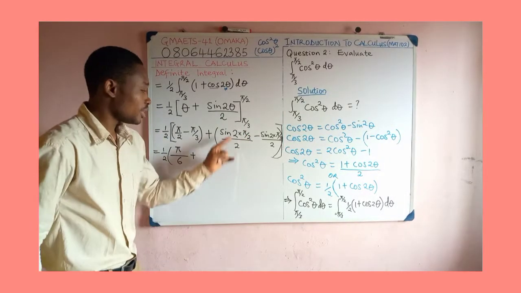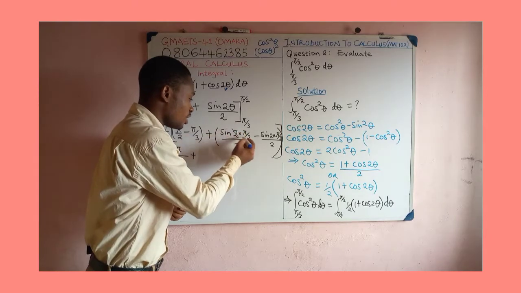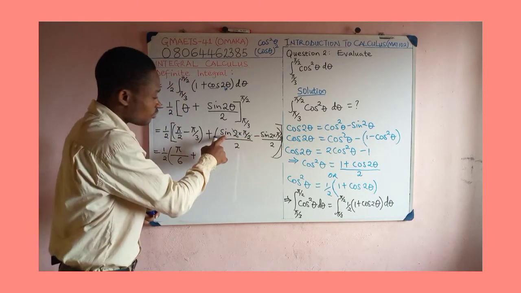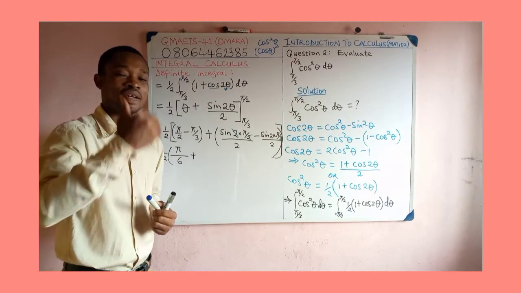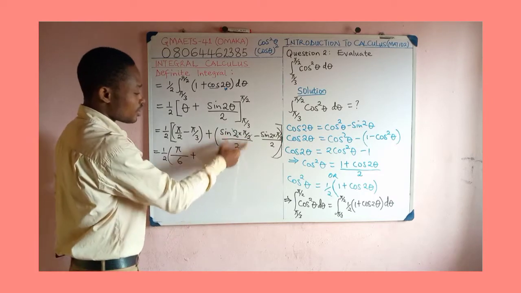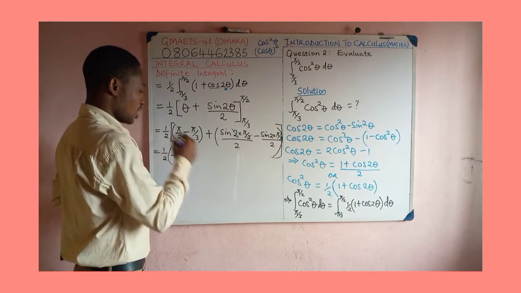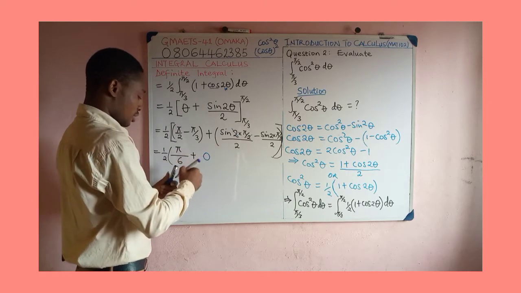I'm going to tell you why. Under this 2, we cancel this 2. So 2 will divide this 2. You'll be left with sine pi. Sine pi is the same as sine 180. Sine 180 is 0. Is that okay? And 0 divided by 2 will give us 0. So I'm going to have 0, then minus,